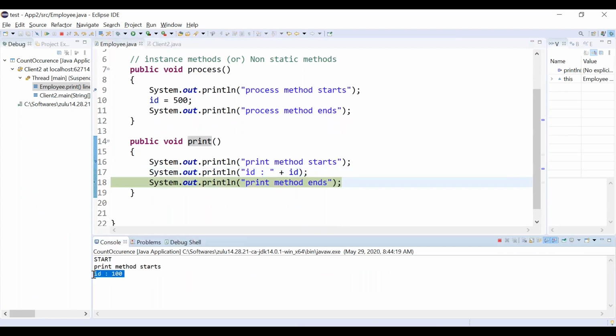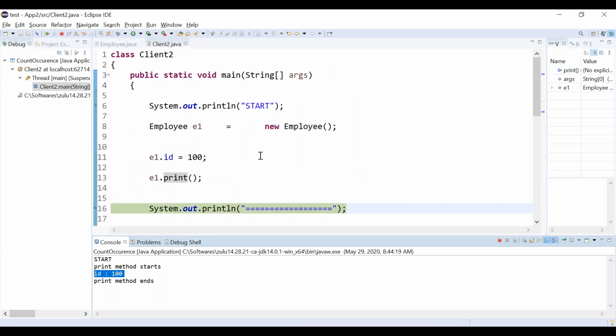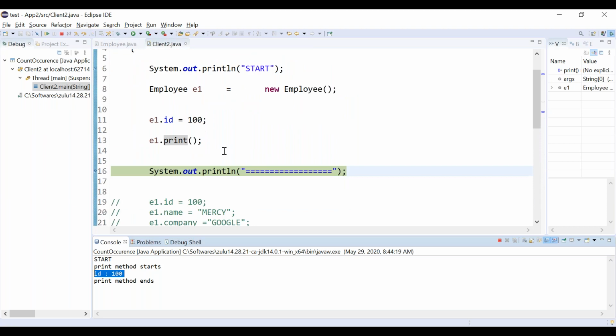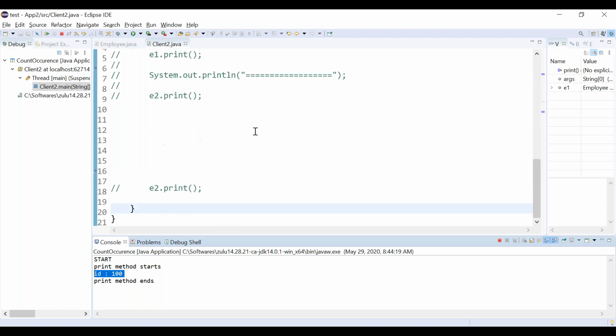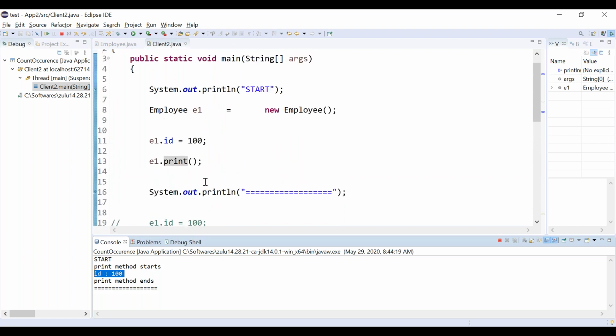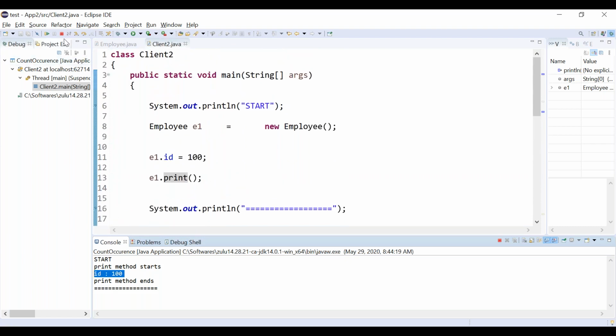You can see the output parallelly in the console. Now the print method exits. In case I have one more object, the second object will be created, and you can assign in the second object also. Our execution completed, correct? This is what we have seen in the previous classes.